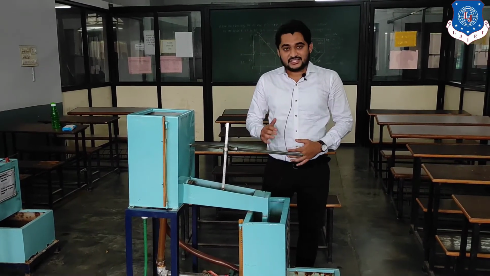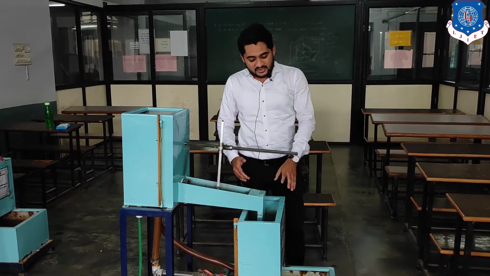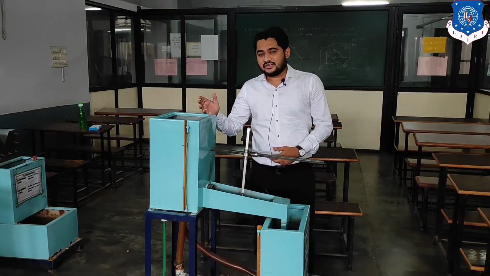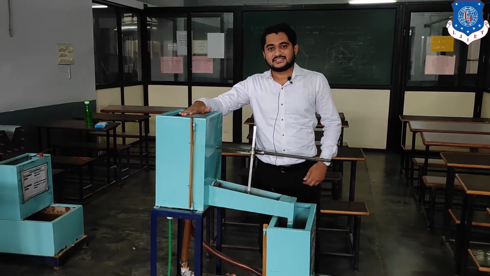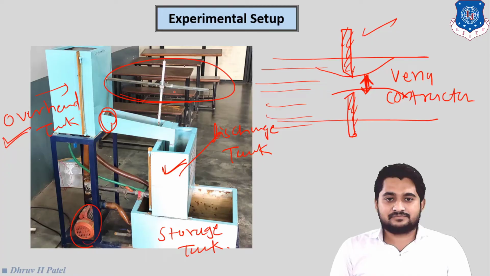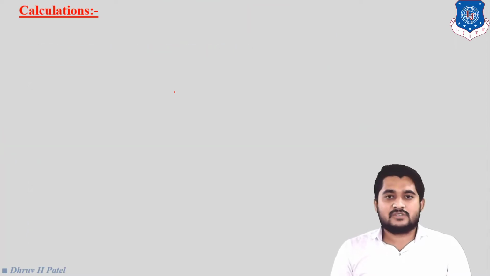So in short, in this practical, for the Cd, we have to take LBH by time for this tank, right? And for Cv, we have to find capital H, that is the head of this tank, and x1, x2 and y1, y2. Okay, so we have performed our practical. So from the experimental data, we have to find out Cd, Cv and Cc, right? So let us divide all the calculation in 3 parts.